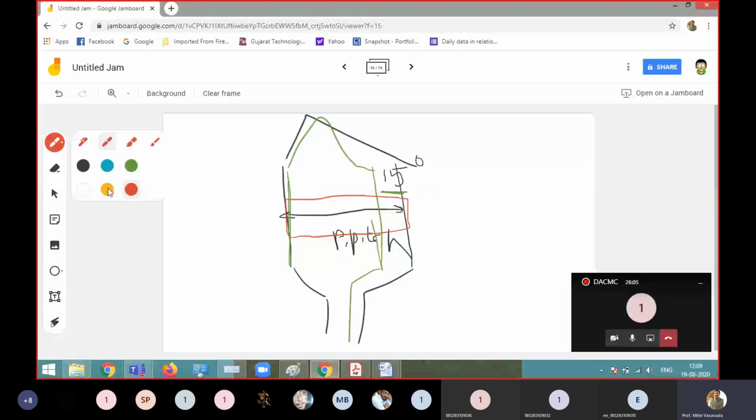The N pole is actually finished just before this. So this is my N pole, right? And after the N pole, when the S pole starts, this is my first. So this I am drawing as the S pole.